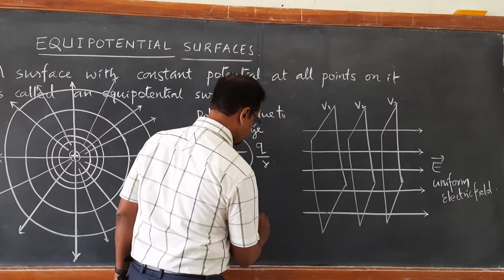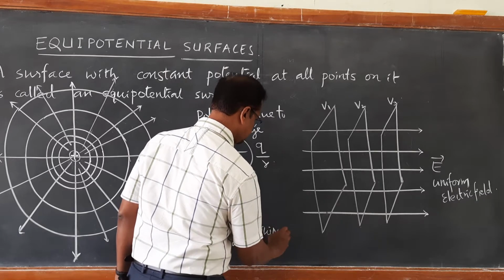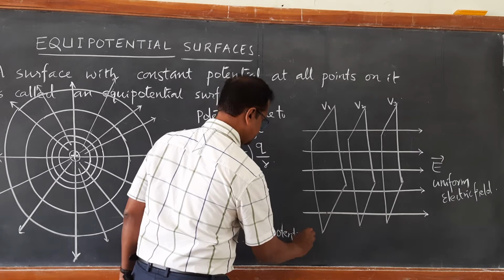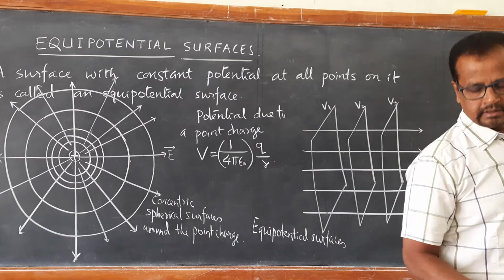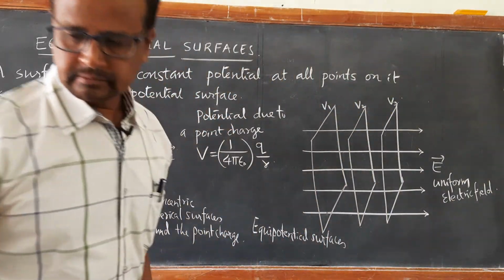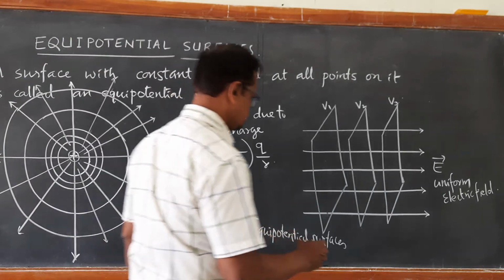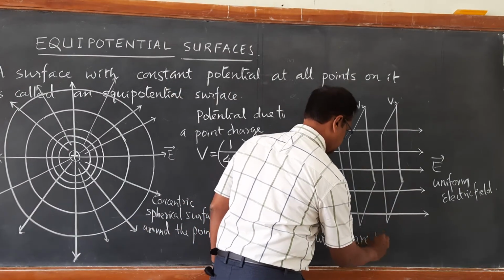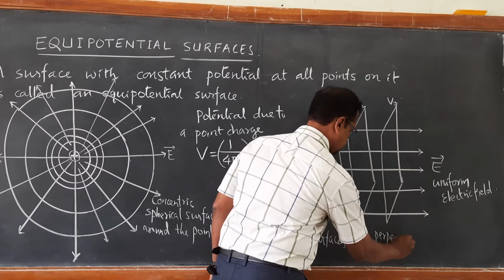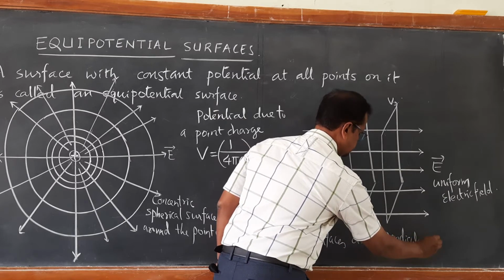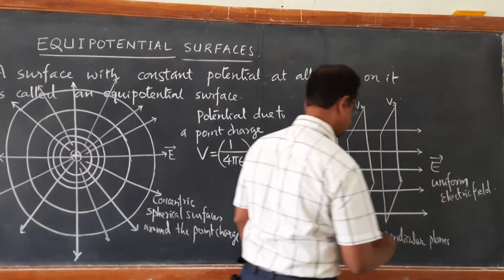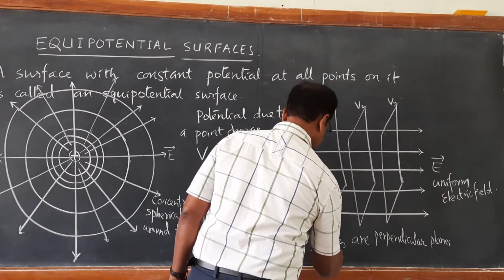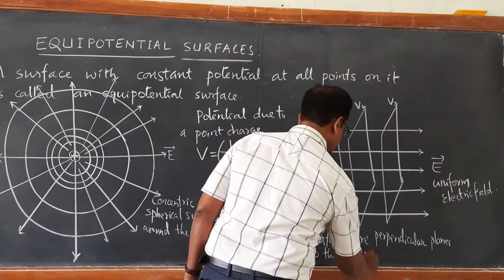So, equipotential surfaces are perpendicular planes to the electric field lines,